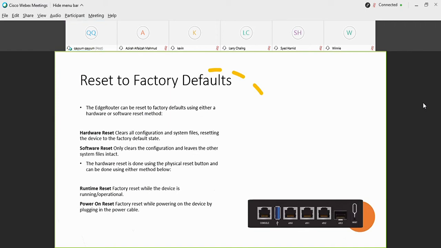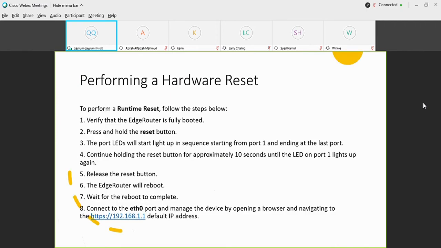Alright, so you boleh guna hardware ataupun software reset. Okay, so you on the hardware reset you can use runtime reset or power on reset. Alright, so the same thing, both of them you kena push the reset button for hardware reset. Alright, so kalau you guna a runtime reset while the edge router is fully boot, when I say fully boot dia dah steady white tu, okay, dia dah steady white or steady blue tu, so you push the reset, you press the reset button, okay, until the LED akan sequence dari port nombor 1 sampai port nombor last, and dia akan blinking, so you just lepas